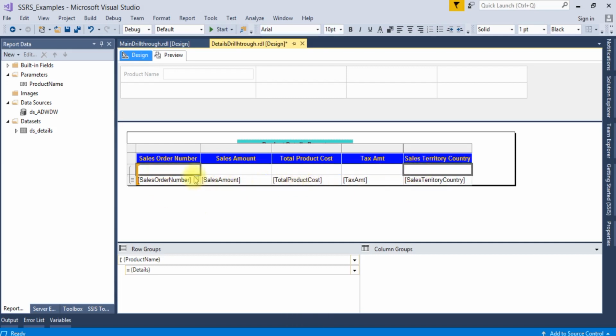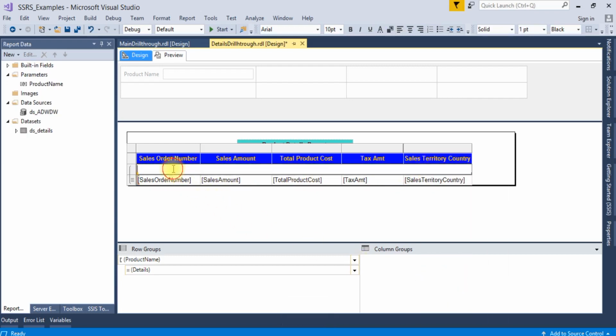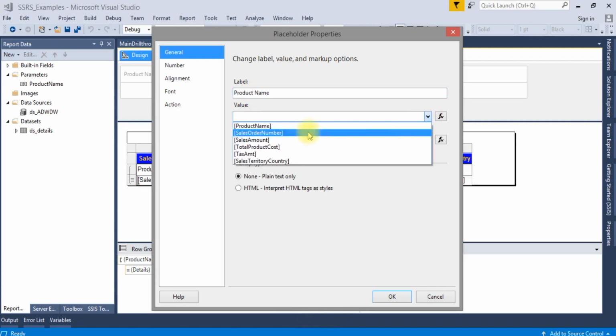Merge the cells, and create a placeholder for product name.